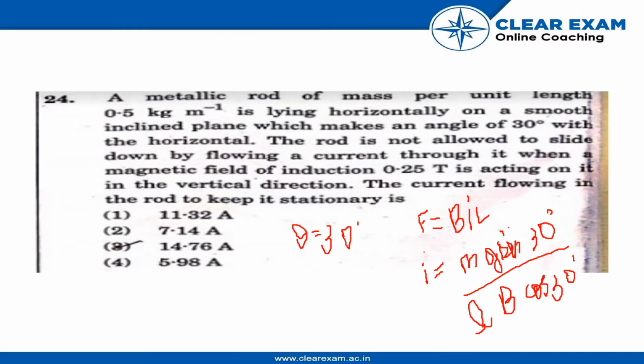So in this question we know that the magnetic field of induction, that is B, is equal to 0.25 T, and the angle formed is 30 degrees with the horizontal. Mass per length is also given, 0.5 kg per meter. Now, according to the formula, F is equal to BIL. Force is equal to B, the magnetic induction, into current, into length. We'll use this formula to find the